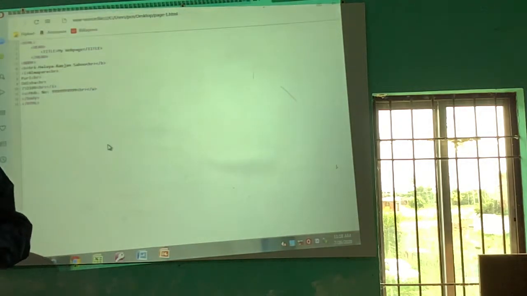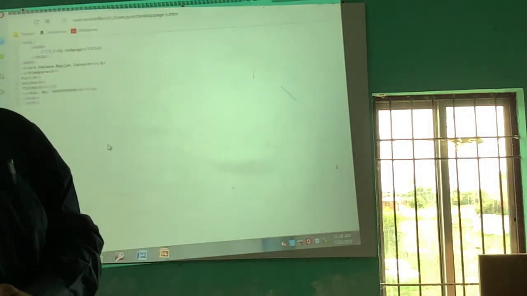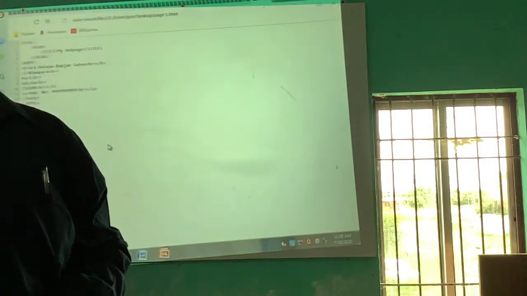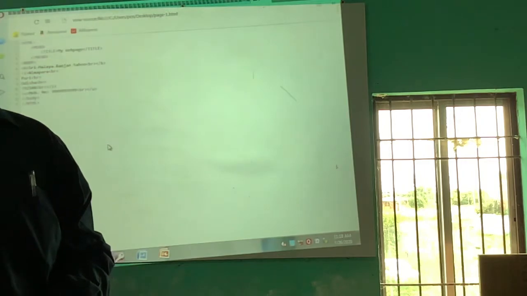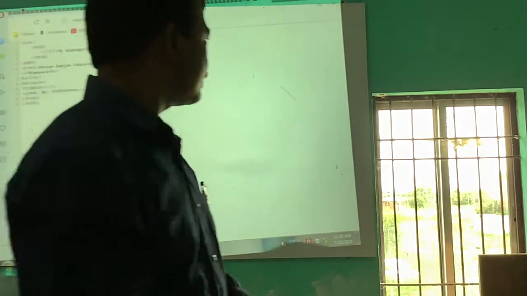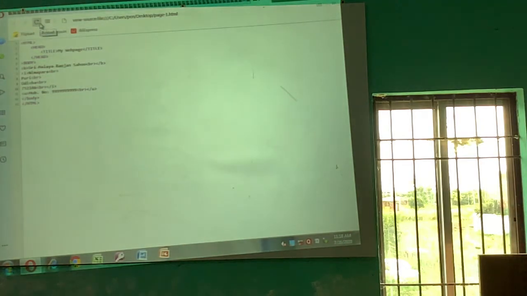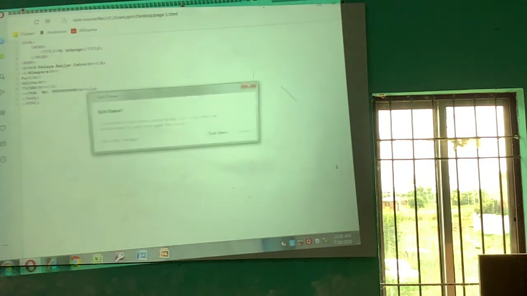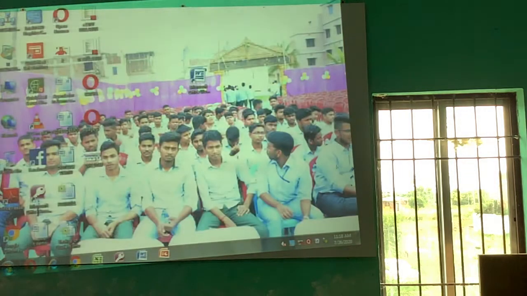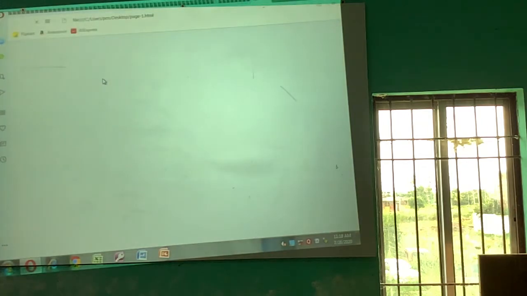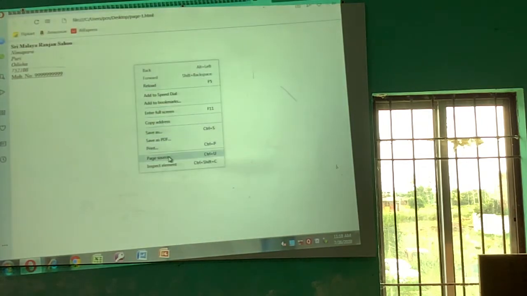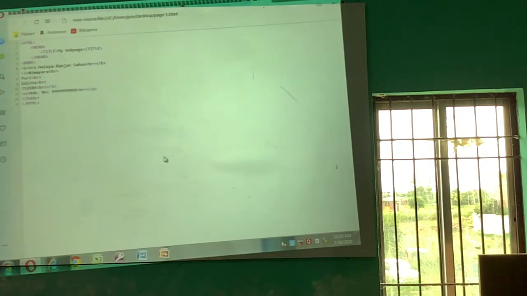That means to know the coding part of your web page, right click, and again I repeat, after loading the web page, right click, then choose page source.